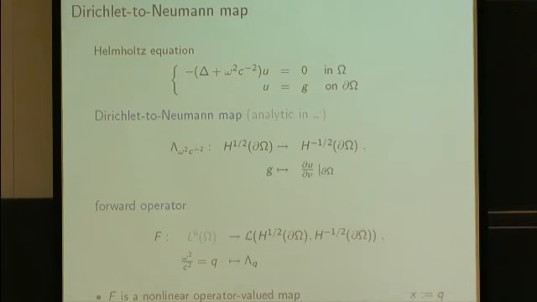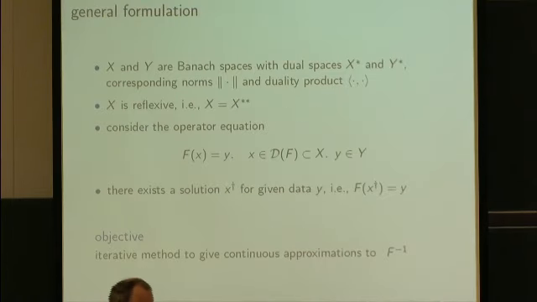And essentially then you design a forward map that goes from 1 over c squared, for fixed frequency, to the Dirichlet-Neumann map. And here you have to do manipulations in what sort of norm you're going to measure your convergence, because of the reflexivity of the space in which you have to start. So you can think of L6 or do some other things. So F is a nonlinear operator-valued map. From now on I'm going to simplify the notation. F is the forward map, the Dirichlet-Neumann map will be Y, and q, omega squared over c squared, will be X. And so we make a little detour into how you can think about iterative techniques in spaces that are not the usual least squares, but Banach spaces.